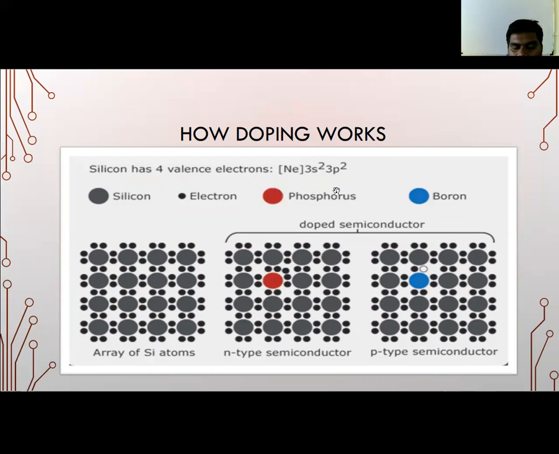Dopant means we are introducing this impurity. Here you can see all are the gray atoms of silicon, but by adding this red phosphorus atom, we have created this extra electron here. If you are introducing an extra electron in the semiconductor, that electron has a negative charge, which means you can name this semiconductor an n-type semiconductor.